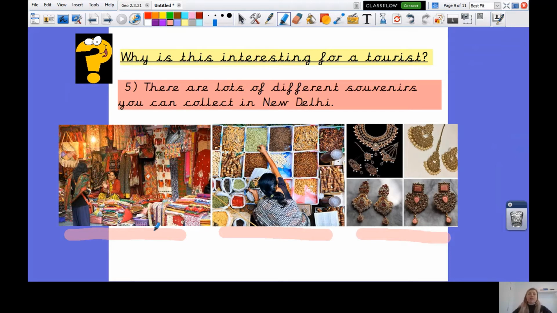And whilst we're talking about this, I want you to think, why would this be interesting for a tourist? Why might it be something that they would want to go and get? Now, here you can see some beautiful materials which have been made, some into clothes, into bags. Maybe you would just buy the material itself and you might make something from it when you get back home. Here you can see